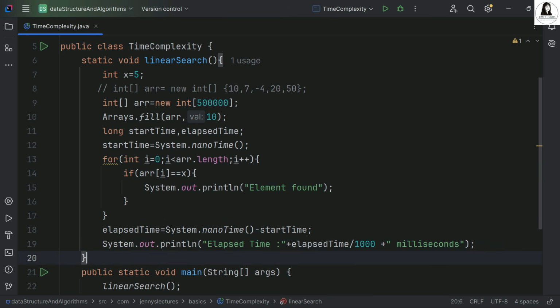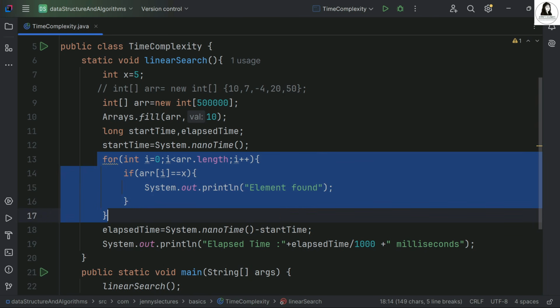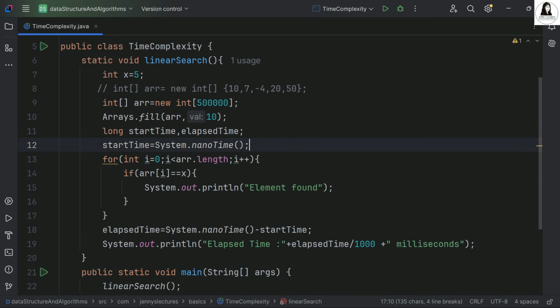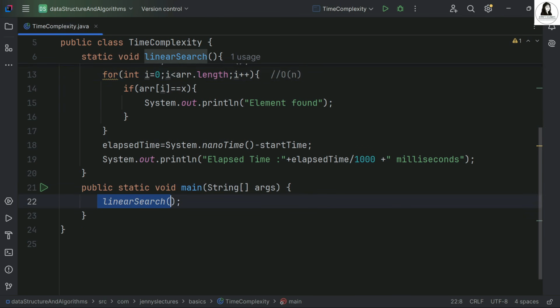So here we have this loop. So mainly this matters. This is executing how many times? Till array.length. If array length is 10, then 10 times. If 20, then 20 times. So it's order of n. I've told you it's order of n. We write this mathematically. It's a function of n. It depends on n, right? So this linear search method is taking order of n, or linear time.